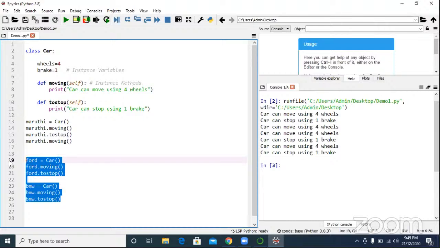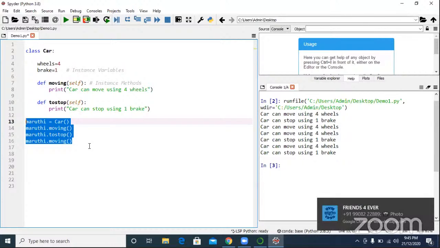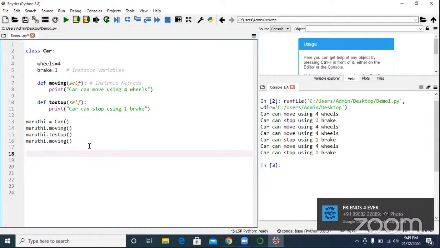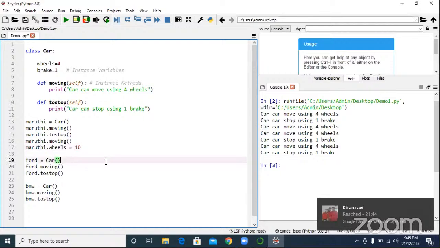Okay, let me go with one object, not 4 and all. Hi, this is Bhavika. Can you just explain the last one? The wheels is equal to 10. Would you mind to explain again the last one? Yeah, line number 17.